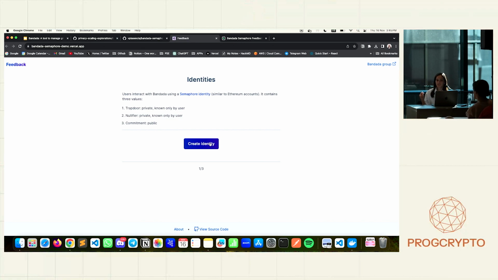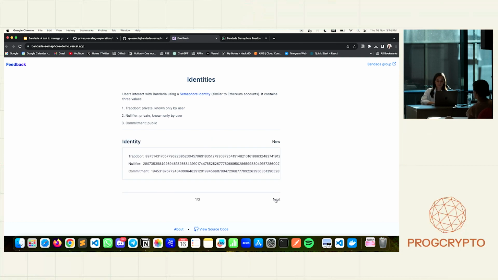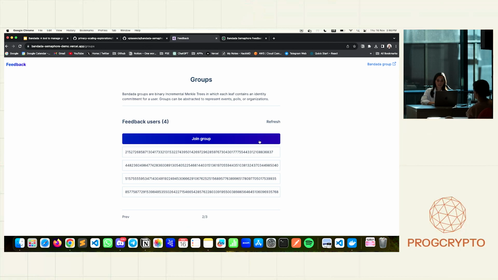The difference between Semaphore and Bandada in this specific example is that in the previous presentation, everything was on-chain, and here everything is off-chain. And to take care of all the data, Bandada is managing groups, so you don't have to do it. If you don't use that, you will need to create your own infrastructure to manage your groups and save your data and everything. So now you can create an identity, then you can join a group,